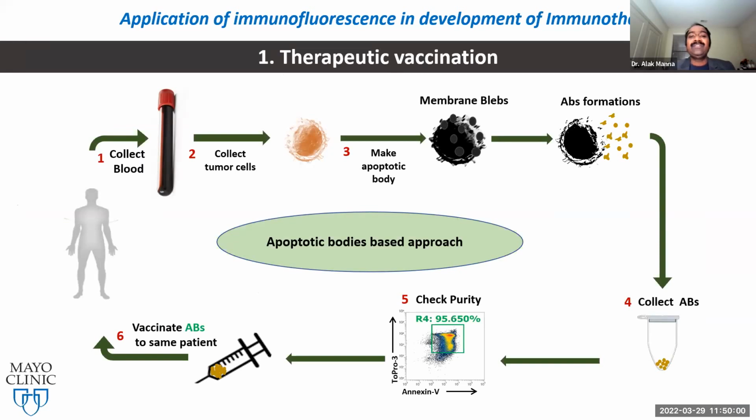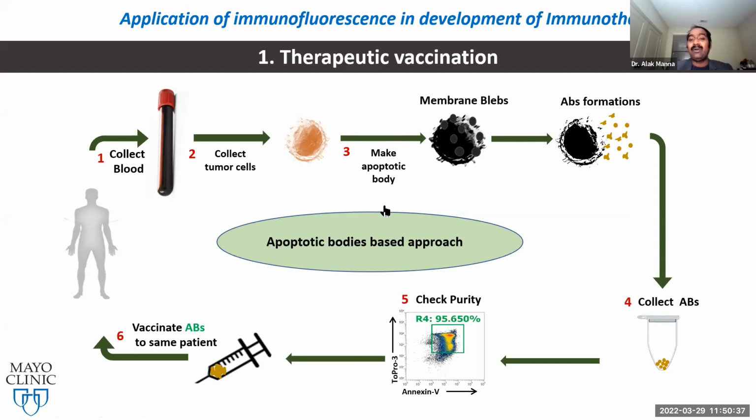So I'm coming to the first application of immunofluorescence that we use for the development of immunotherapy. The first one is the therapeutic vaccination that we develop. It is now under development. The basic principle we started with is that we collect blood cells from patients with CLL or multiple myeloma, collect the tumor cells, and then make apoptotic bodies. We developed a protocol which is under patent, so I'm not disclosing how we made the apoptotic bodies,